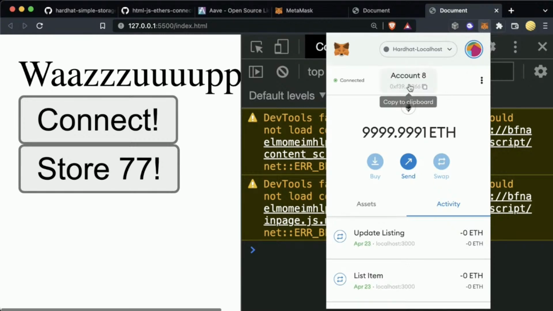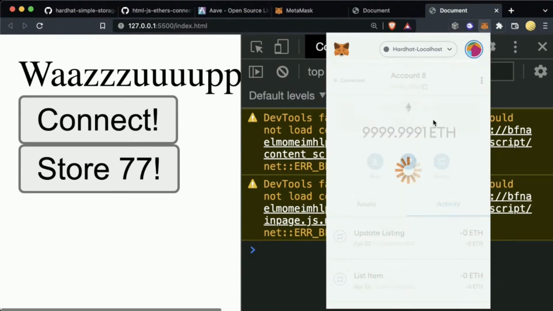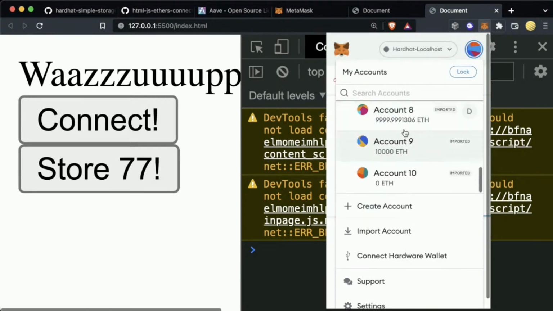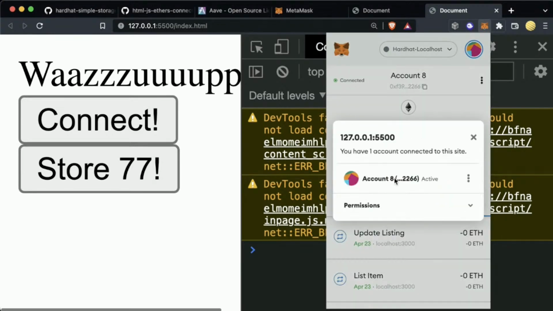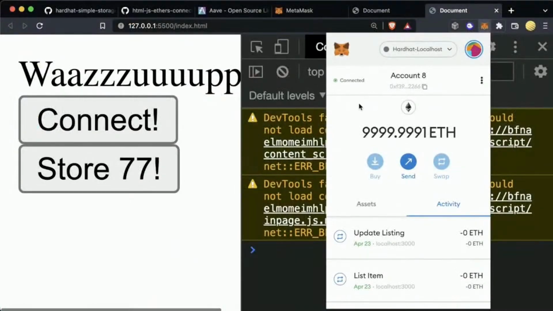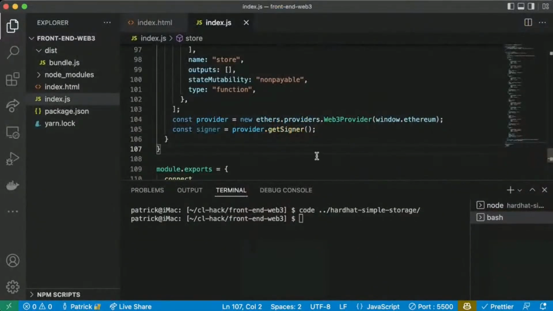Give me that account. Right now it's account 8. If I switch to account 1, account 1's not connected. Account 8 is active and connected. Account 8 is also one of my accounts that has the fake localhost key, which is why we have a ton of ETH in here.